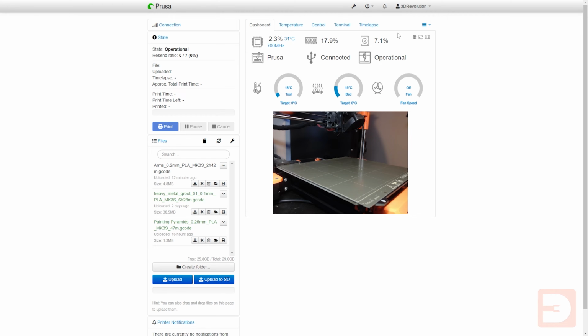Now you can see there is a variety of different settings here, as well as a feed of your webcam. So you've got your hot end temperature, your bed temperature, both the target and the actual temperatures, and then also your fan speed. You've also then got if you're currently connected to your printer, and then also some statistics on your Raspberry Pi itself. So you've got your processing power usage and memory and your disk usage as well.